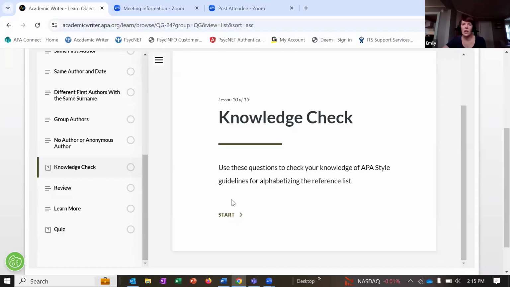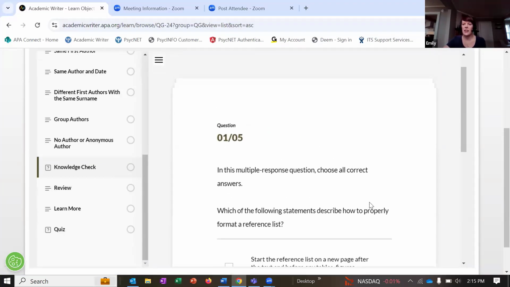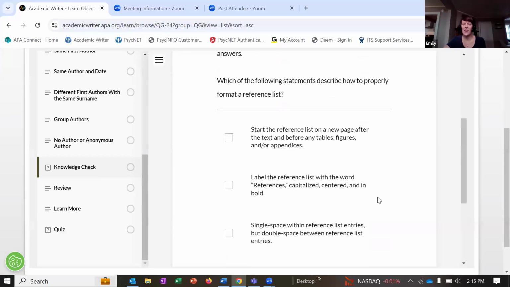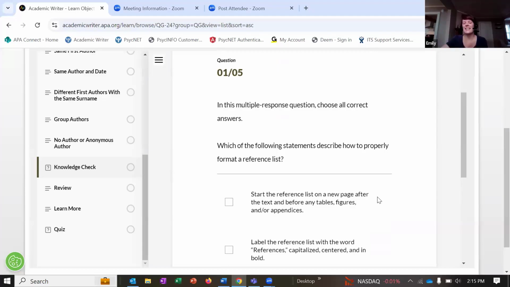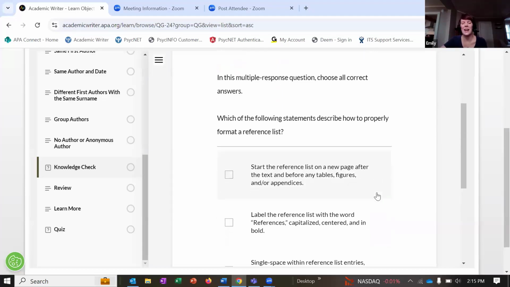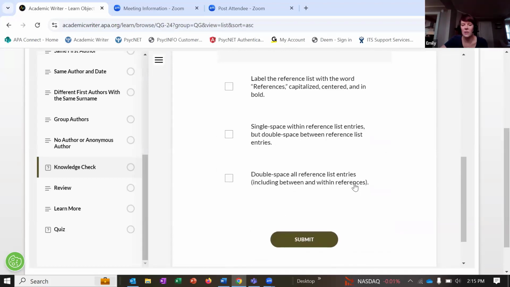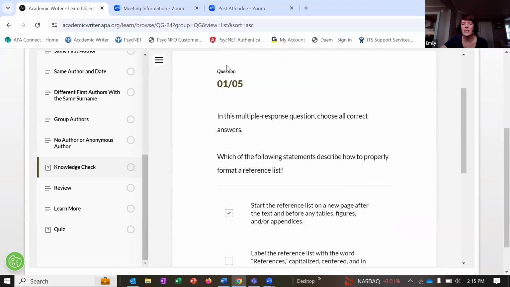Okay, so the knowledge check, let's go ahead and start this one. We'll just take a look at it. I'm not probably going to go through these for real, put me on the spot and test my knowledge of APA style, but we'll just show how these essentially work. The knowledge checks have 5 questions.